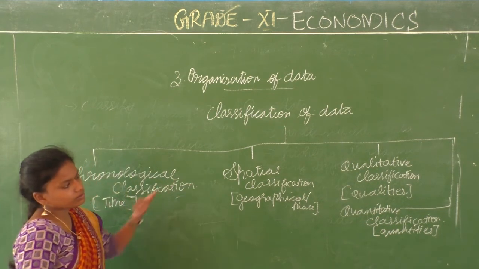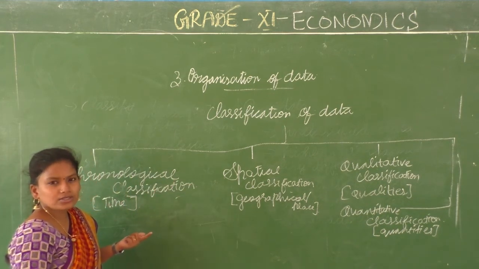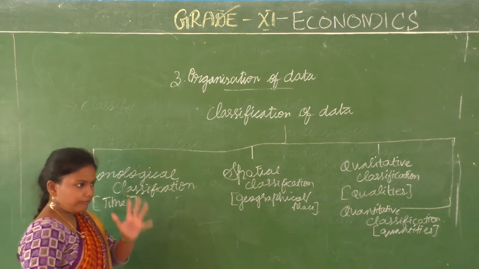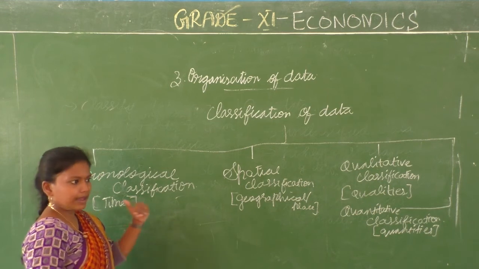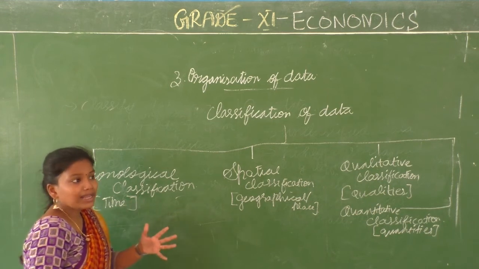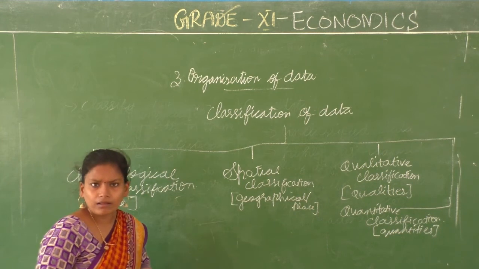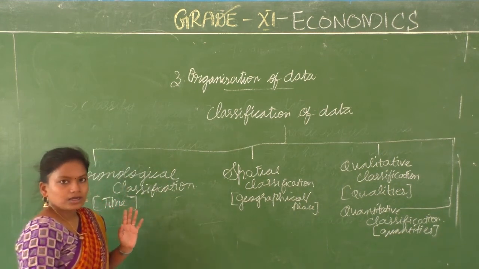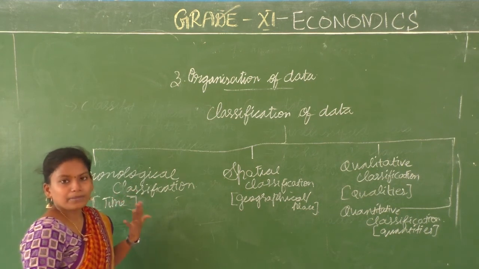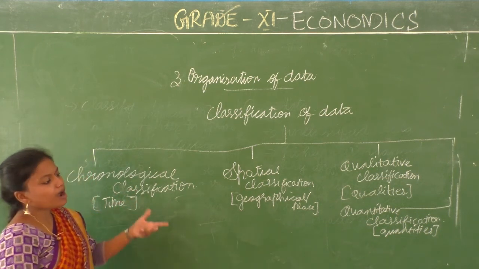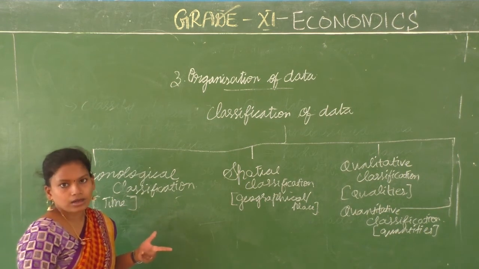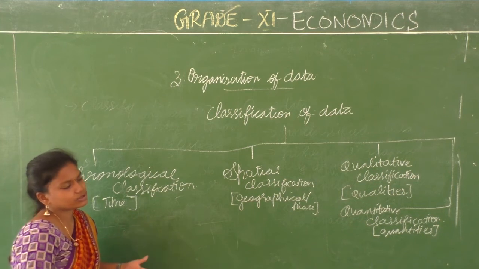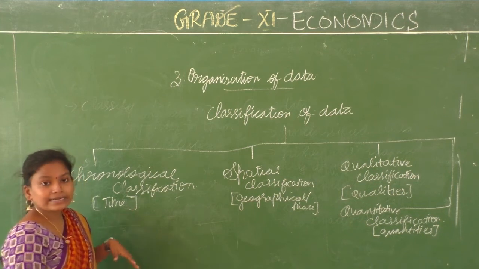But can you do a qualitative classification based on that? No, because you cannot calculate. Men, women, boys, girls, angry or not angry. These are qualities which are not measurable. The quality is present or absent. That's it. The degree might vary, but still you cannot measure it. But marks you can measure, height you can measure, income you can measure, you can calculate it in numerical terms. That is why it's called a quantitative classification.